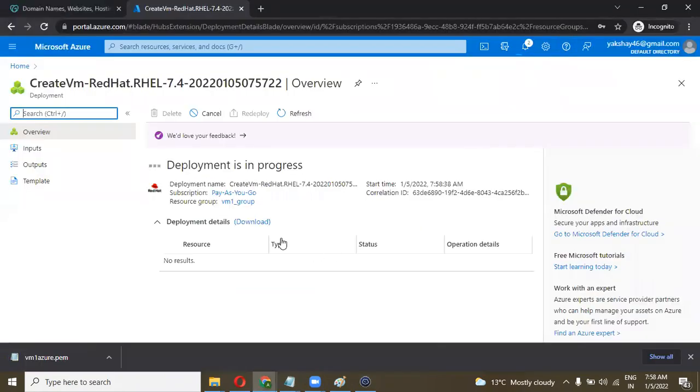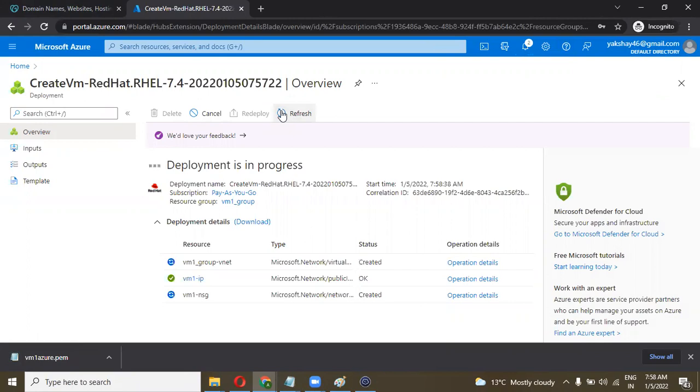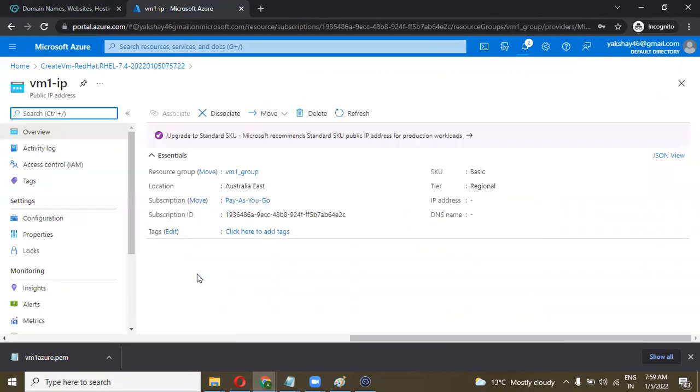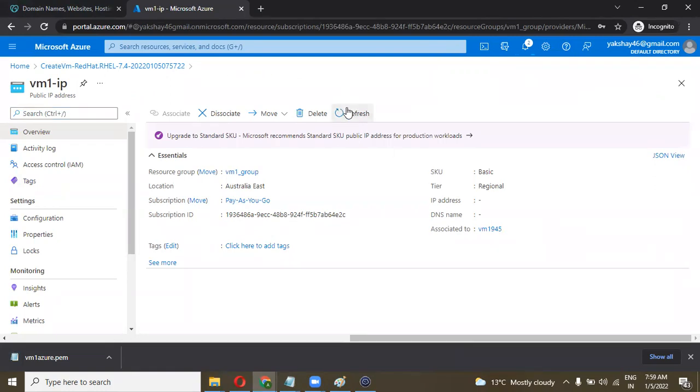The IP address we can copy from VM1 IP. Let's refresh. The IP is not coming over here.